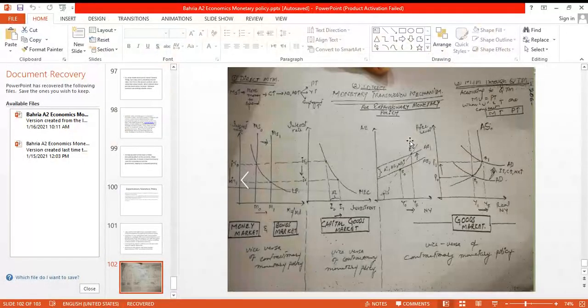All right, so I hope this is clear. The monetary transmission mechanism and the transmission theory. So you can go over it once again. It's very straightforward, very simple. Go over it, and if you have any